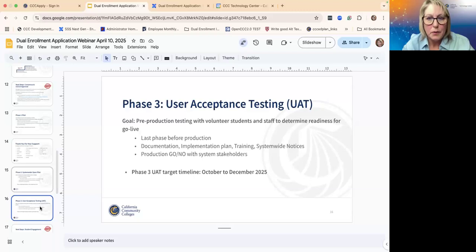This is our last phase before production. We will have our documentation, implementation plans, training, system-wide notices, and then a go, no go with all of our stakeholders. And that target timeline is to do that from October to December, and then in 2026, start rolling this out. Again, a lot of these timelines and how soon we get to production depends on how many changes we're